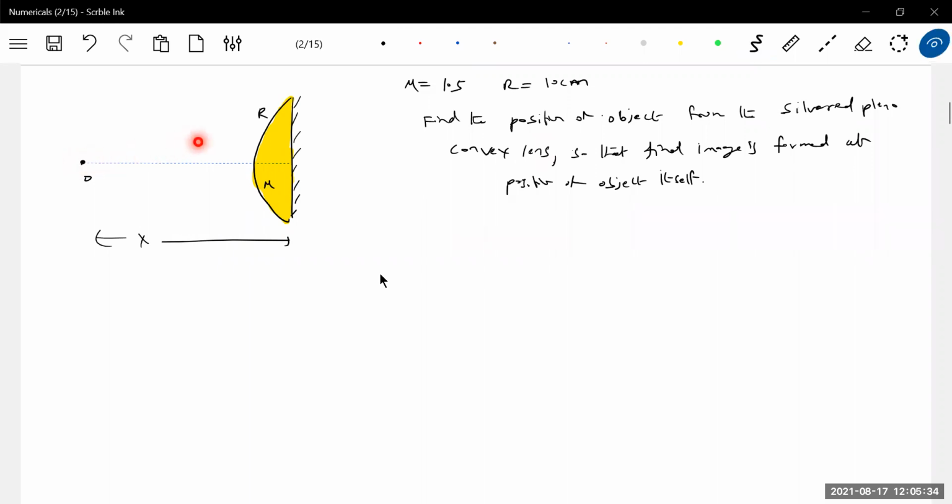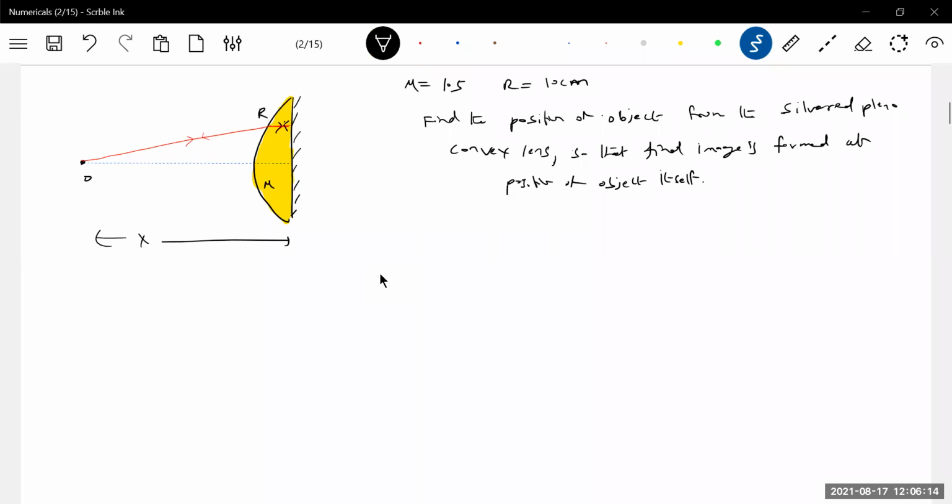The rays will undergo refraction. Then again after refraction, they should fall on the mirror. Again the mirror will reflect that one. Again they'll undergo refraction. And finally they should converge at point O. For this to happen, what is the basic necessity condition is the ray from here will go like this. After refraction, if they become parallel, I think problem solved. That's all, no? They're going to retrace the path.